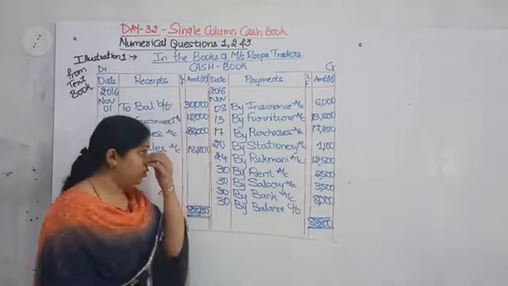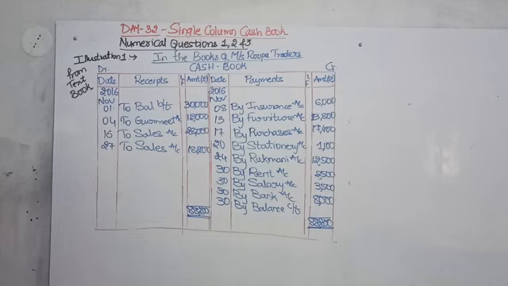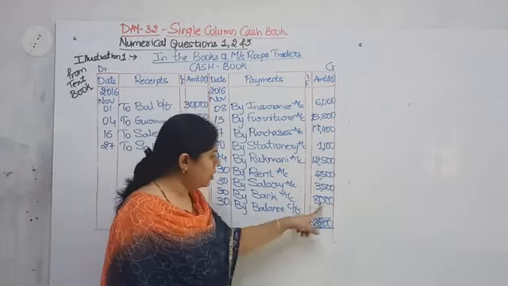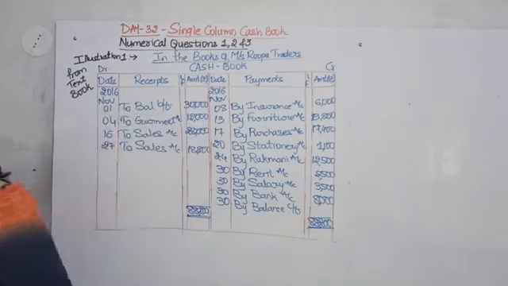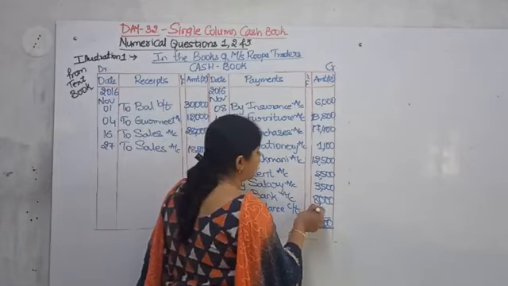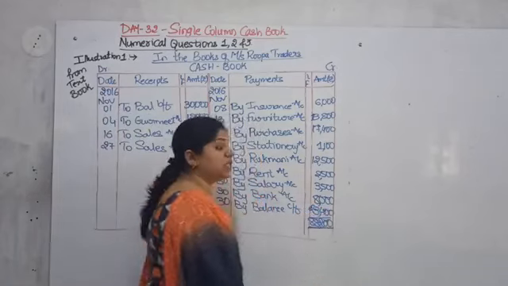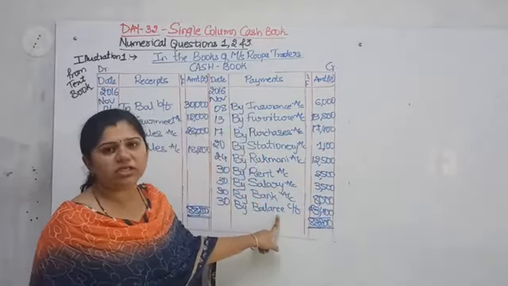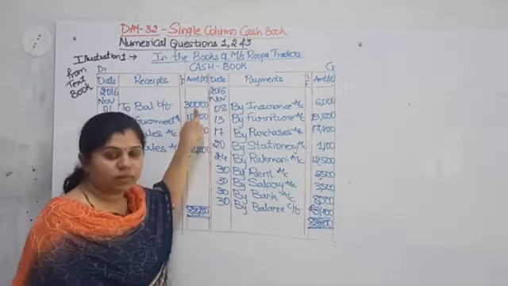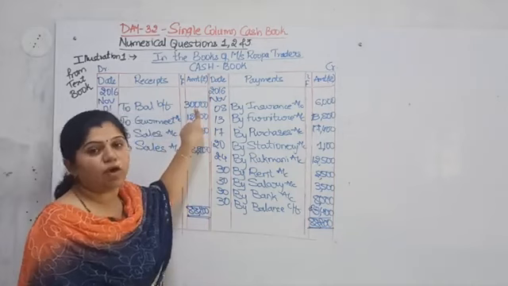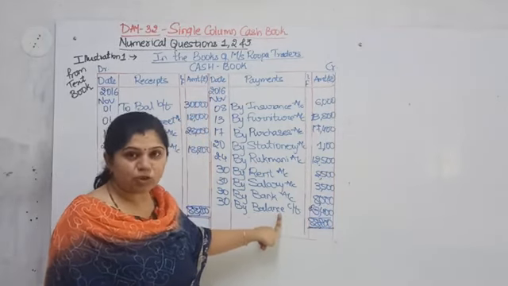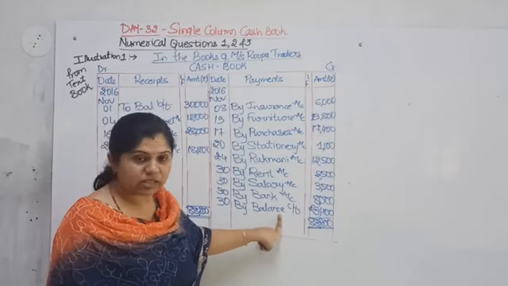carried forward. Okay, take your calculator and deduct all of this from 88,200. What is the difference amount? Check. The difference amount is 23,400. So what is this? This is the closing balance. Focus on what I am saying. At the beginning of the month, whatever balance you have, it will be called opening balance. At the end of the month, whatever balance you have, it will be called closing balance.